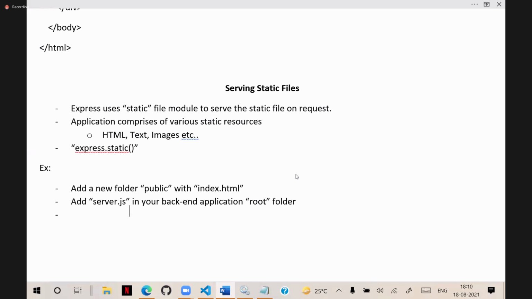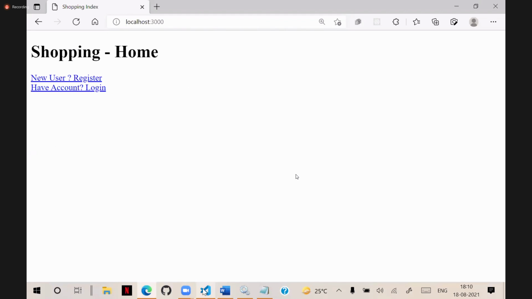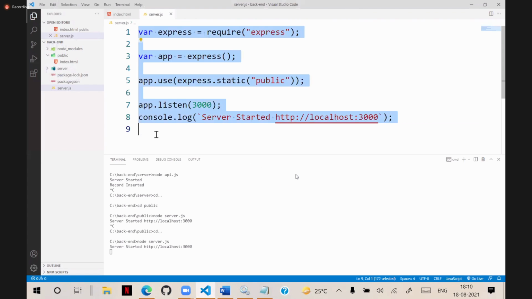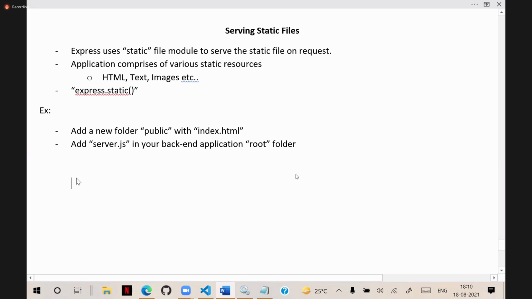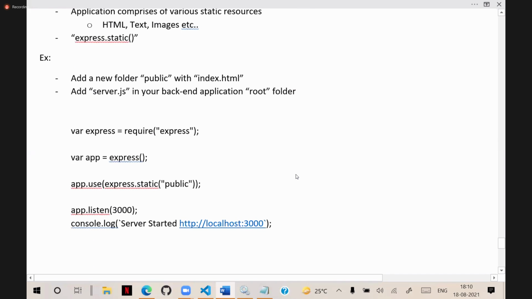In the root folder, you need to add it. Now in that server.js, this is the logic we have to write. We need to configure express static, so that from here the user can access other details. That's the logic we need to define, and the rest of the contents will be delivered automatically.